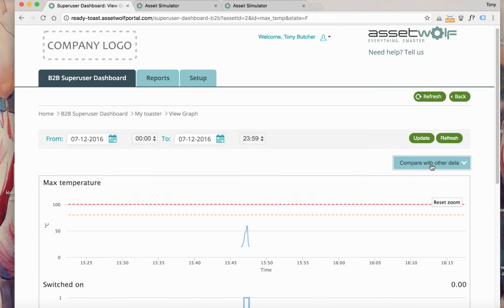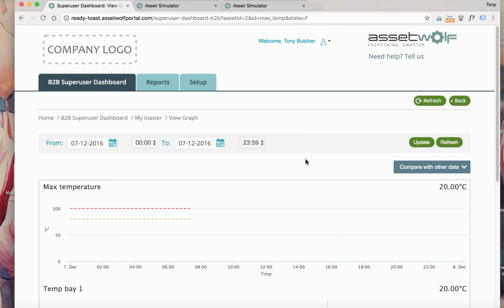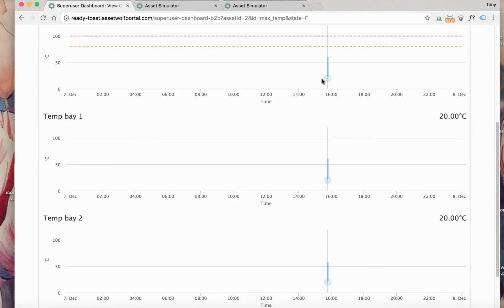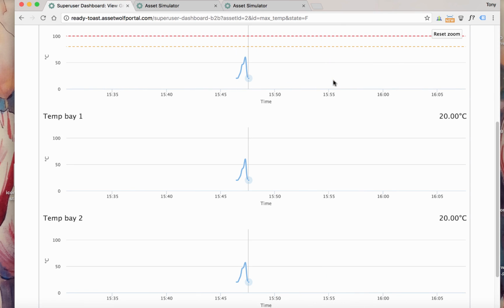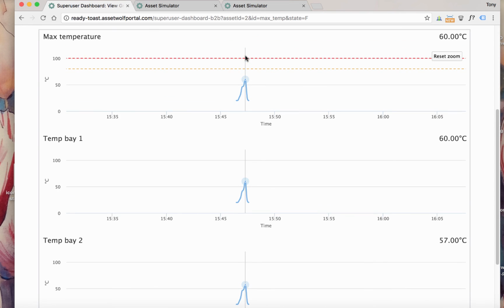Let me just do that again. I'm going to turn off that switched on one so I can show you the point of the calculations. And then here you can see, there we go. So this is now, if you look over at this number here, you can see that that is showing me the maximum of the values. So it's recording the incoming data on these, and it's showing me the calculated maximum of those fields over here. This is a real simple